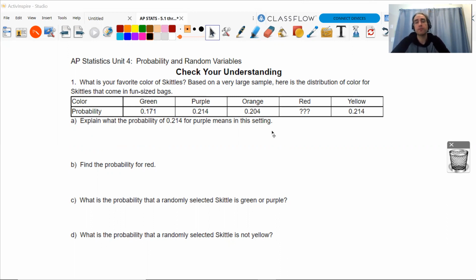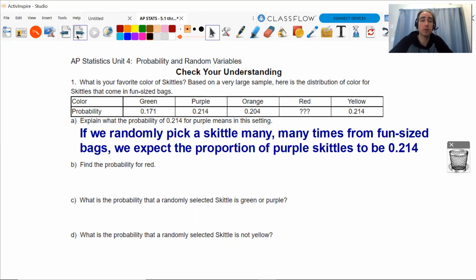in this setting. Well, it doesn't mean that I'm going to open a bag and I'm going to see 0.214% because it's a fun-sized Skittle bag, so you're not going to be able to calculate a percent like that. But over many bags opened, you would expect around 0.214 being purple. So if we randomly pick a Skittle many times from fun-sized bags, we expect the proportion of purple Skittles to be about 0.214. So as far as finding the probability for red,